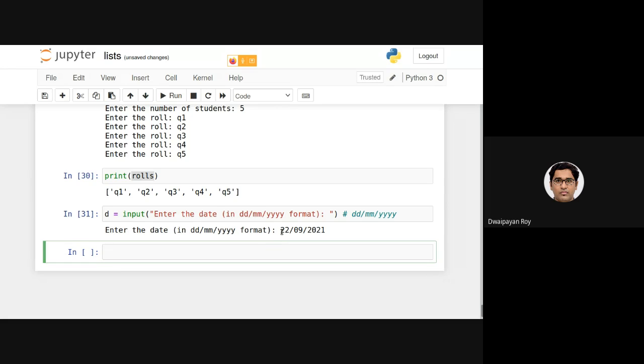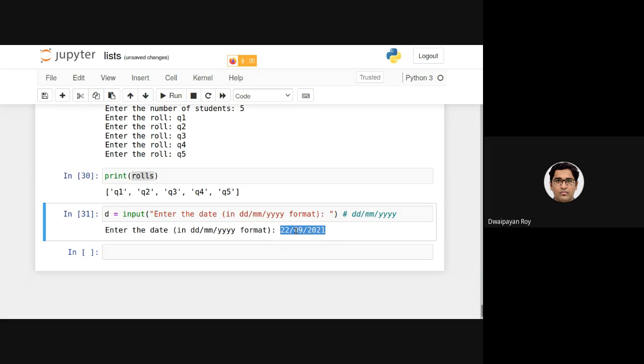Now, given this, can we validate whether the user had given a valid date or not using the program that we have written in the assignment? Of course we can. In the assignment problem, I stated that you need to take the date as input in the format first year, then month, then the date, right?